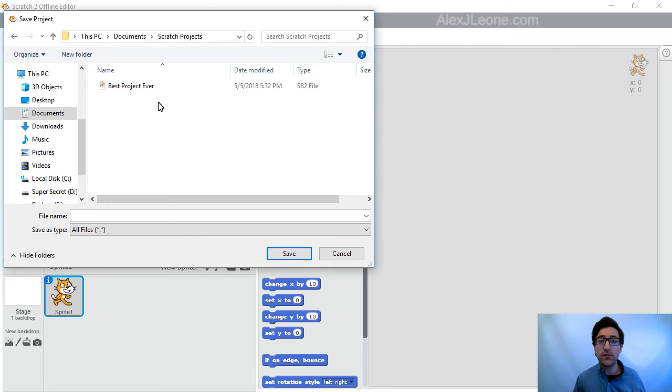Now, in order to save your Scratch project into this folder, go down to where it says File Name and type in a name for your project. So I'm going to call this project my first Scratch project. And if you don't like your project name, you can always rename it later the same way that you would rename any file on your computer. But once you've thought of a good name for now, type it in here and then click on the Save